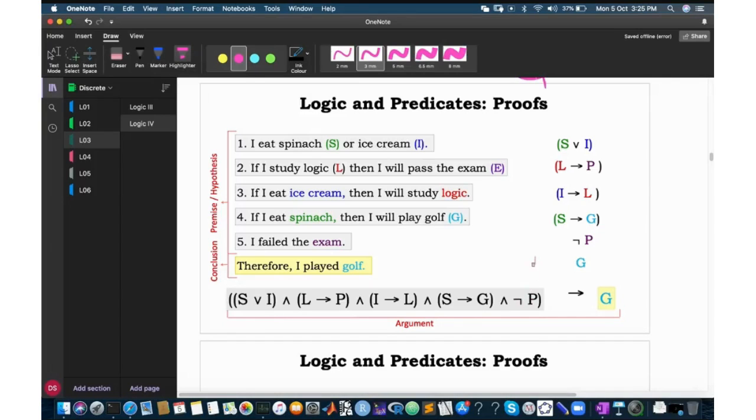Okay, what does this mean? Failed the exam. Yeah, I failed the exam, which means that P, study, must be false, right? Do we all agree on this part? Yes. If P is not false, so I would get a true here. Okay, if I get a true here, I would get a false in the negation, and this whole statement will become false. Okay, so P must be F. Okay, so P is F, and I can get rid of this part. When P is F, what does this become? True. This becomes true. Okay, when P is F, this becomes true, and anything and true is